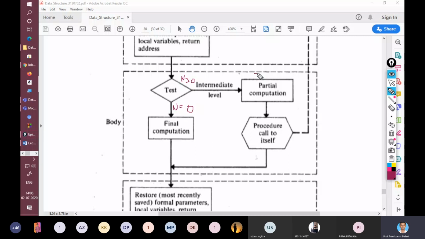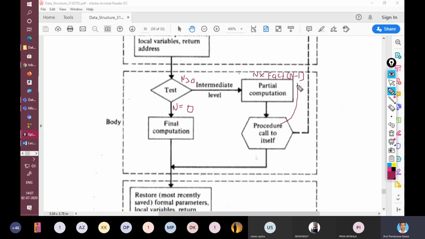What was this partial computation? The partial computation was n into factorial of n minus 1. And then this procedure calls itself, right?